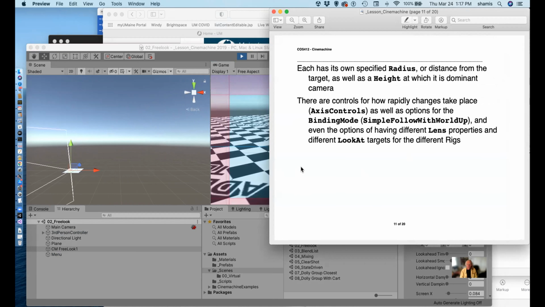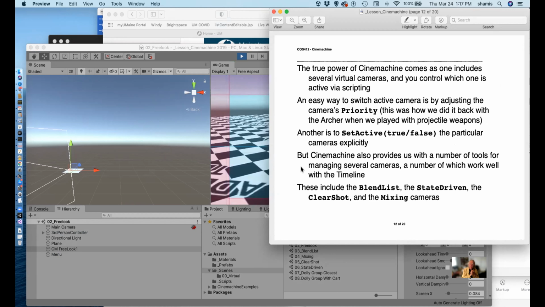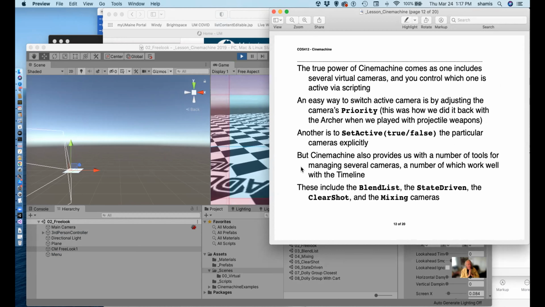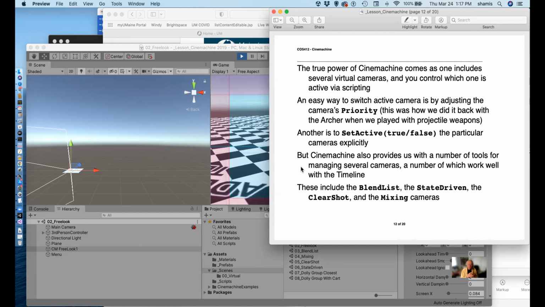Each one has axis controls and a binding mode, simple follow with world up, but there are other binding modes that you can choose, each one with different options. I believe they can have different lens settings as well. Now, the real power of Cinemachine comes in when you have several virtual cameras,